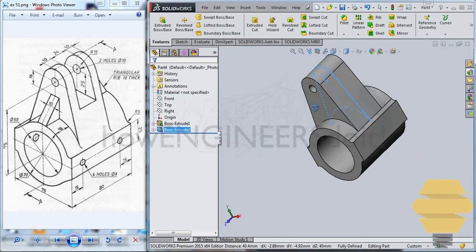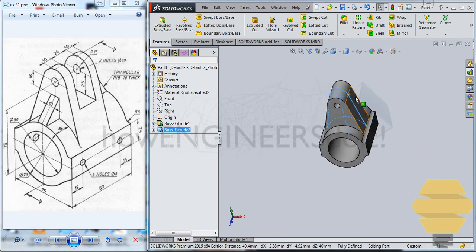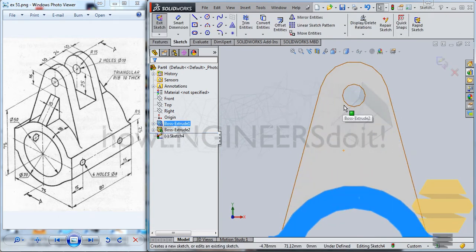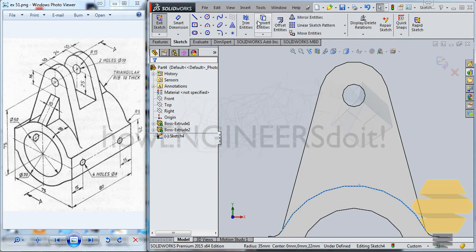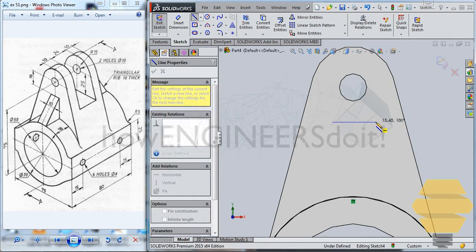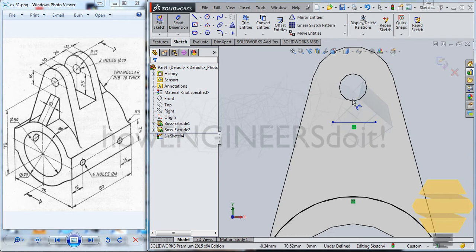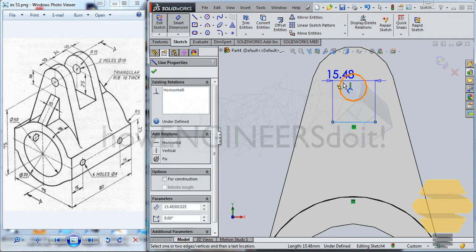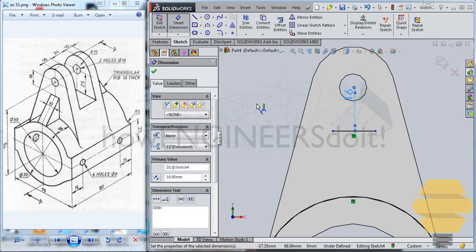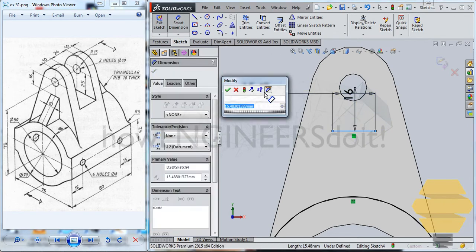So to do that triangular rib, what I would suggest is, you can create a sketch here, and we can simply select this portion, go for convert entities, and what we can do will be, the height will be 16, so I'll just draw a line at a height of 16, and the thickness will be 10,